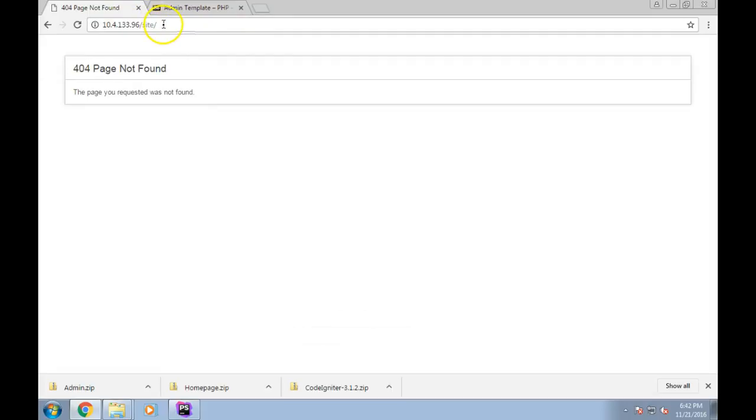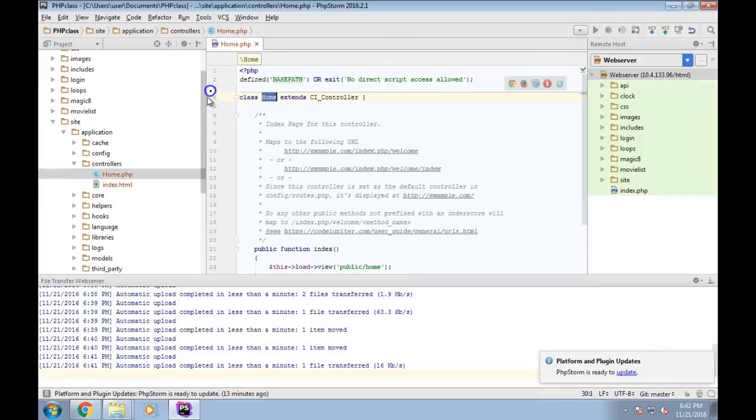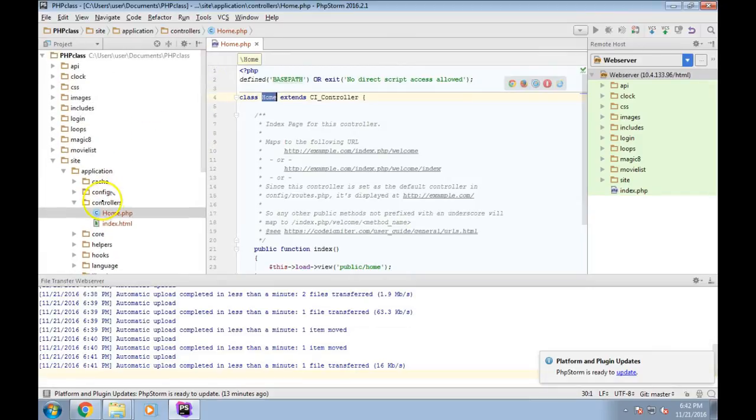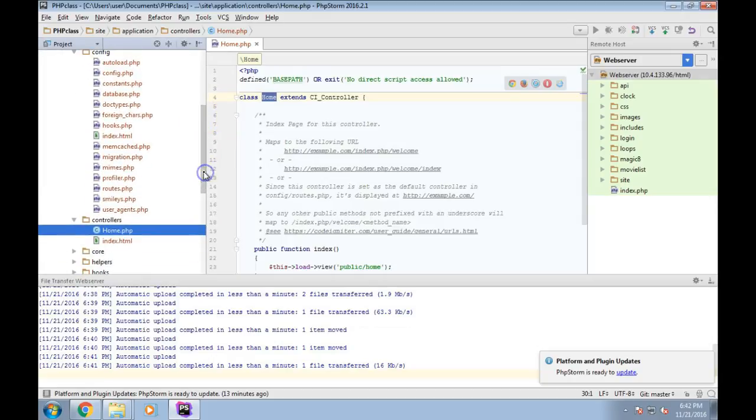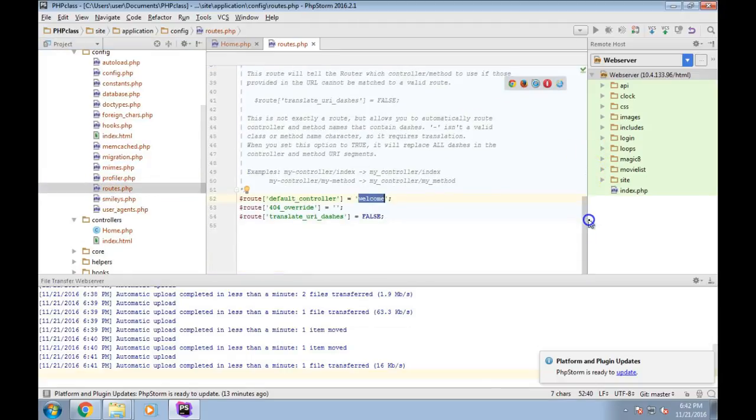Okay, so I hit refresh and it's giving me a 404 page. The reason it's giving me a 404 page is because the very first thing it's doing is it's hitting the route, and the route is in my configuration. So if I go into my config and I take a look at my route, my default route here is going to welcome. Well, welcome doesn't exist anymore. We got rid of that class. We actually renamed the class to home. So if I save this and if I refresh,